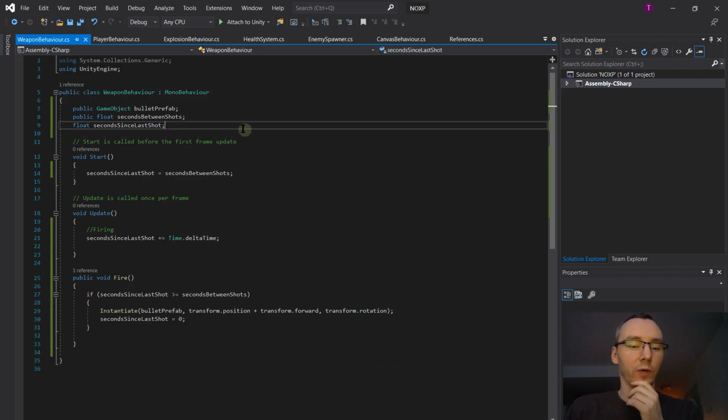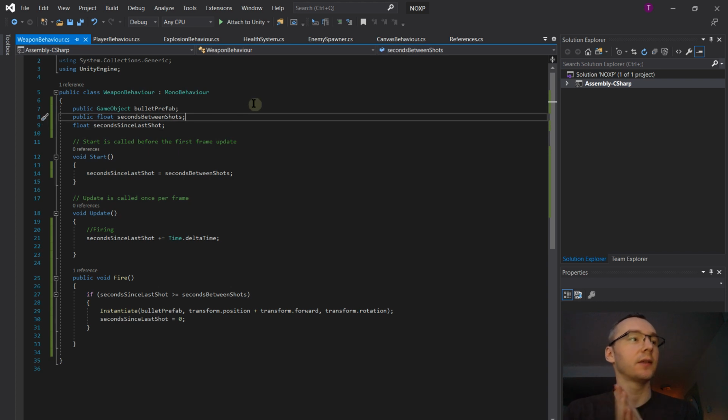So the trickiest thing we're going to do is accuracy, because that's a key thing that you might want to vary. The other weapon I want to make, this one's kind of a machine gun. The other weapon I want to make is a shotgun. And to fire a spread of pellets,